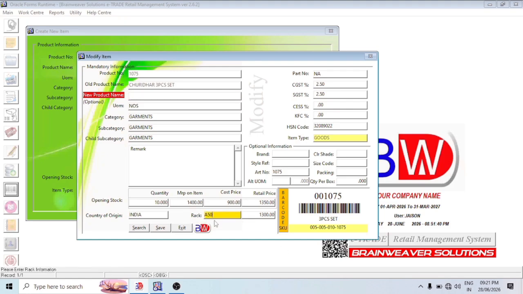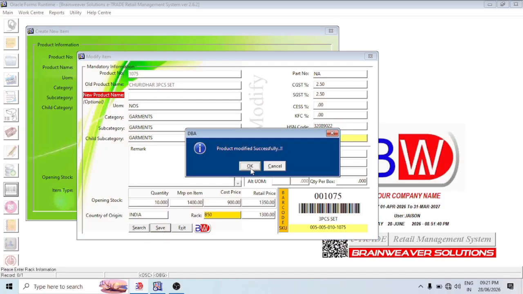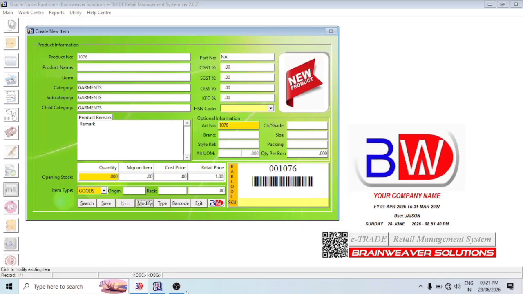Suppose I entered the rack information by mistake while creating this item. Instead of A50, I want to mention it as B50. After making the change, by pressing the save button, we can modify this item. Once the item creation is completed,